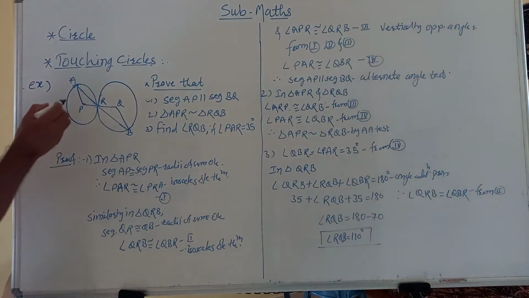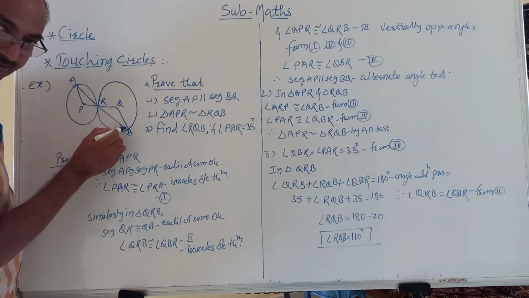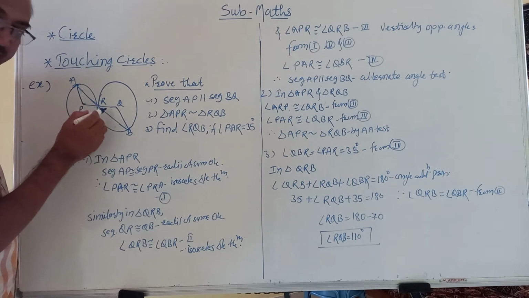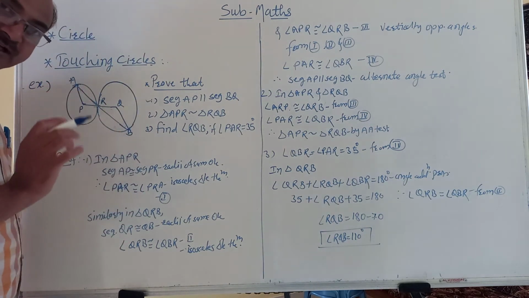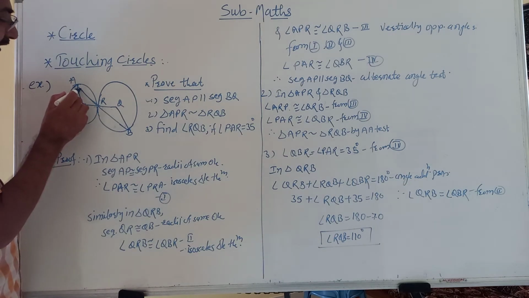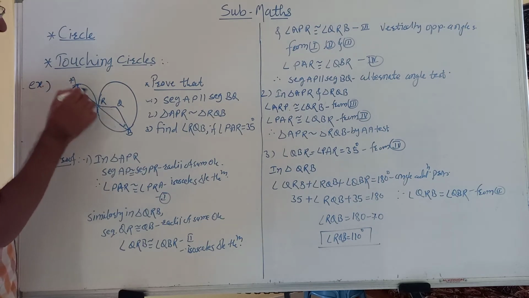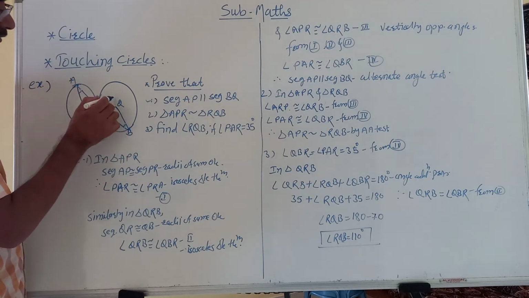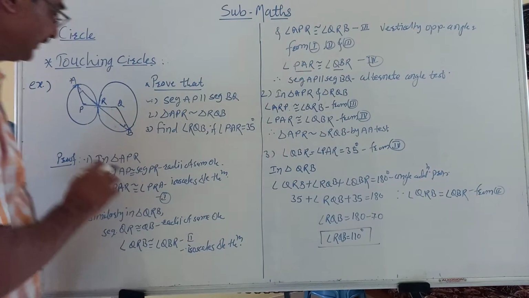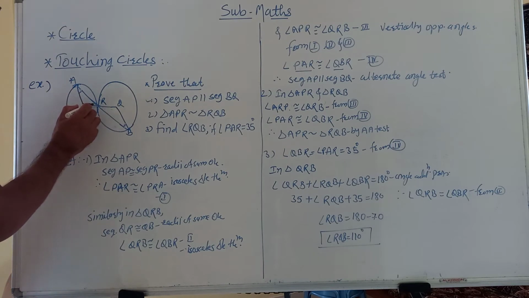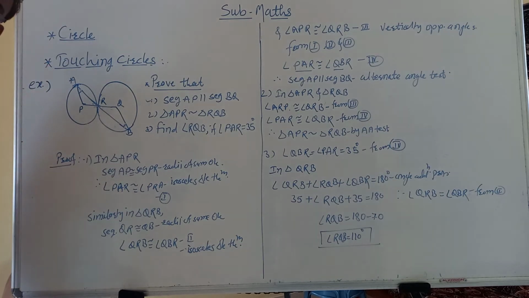Now see, we have shown in first these two angles are congruent, second these two are congruent, and third we showed these two are congruent. Means all angles are congruent. This congruent to this, congruent to this, congruent to this. So we take up these two angles only. See here, this one and this one. Means PAR, and RBQ or QBR. See, PAR and QBR, because already all these angles are congruent. This one is congruent to this, and this one congruent to this. So this is also congruent by transitivity.